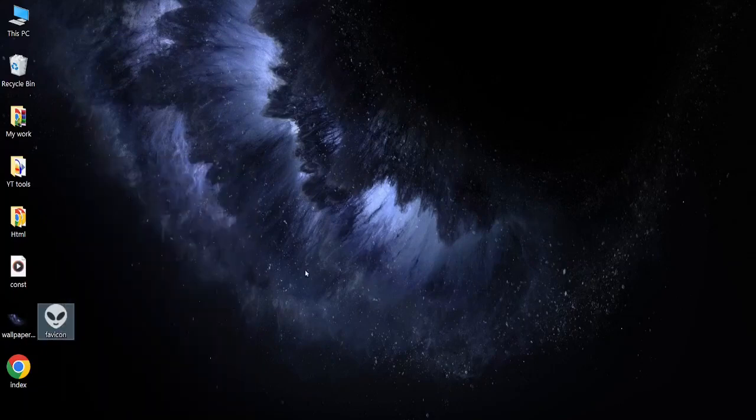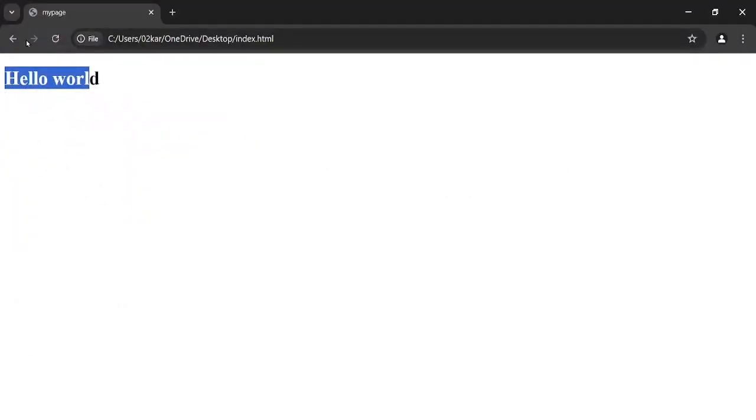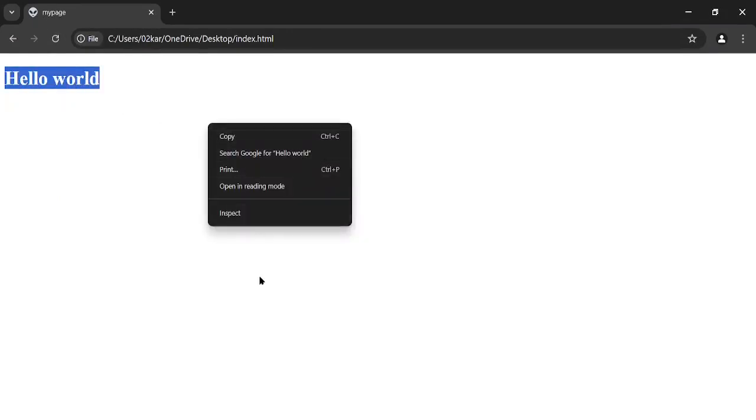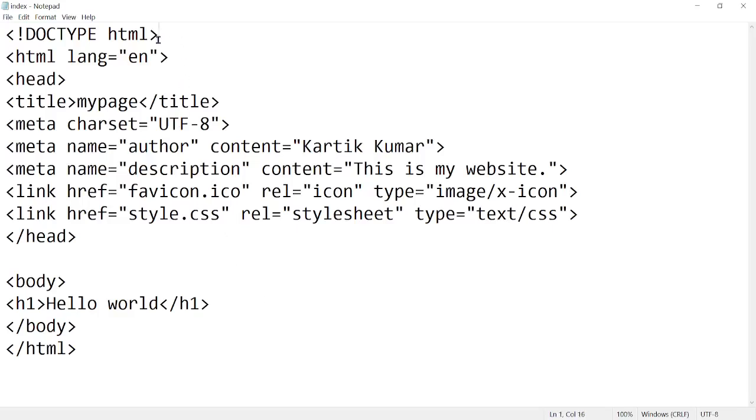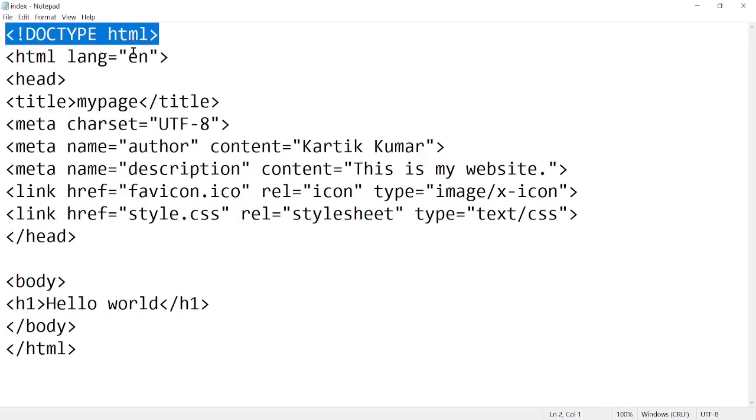So I will go in the notepad, in my file I will write favicon.ico, and I will save it, and you will see the icon will be shown up there. And I just refresh this, you will see the icon over here. As I said, there is no effect of those things which I have written, and even if you remove these things, nothing will happen. Okay, so I just come back.